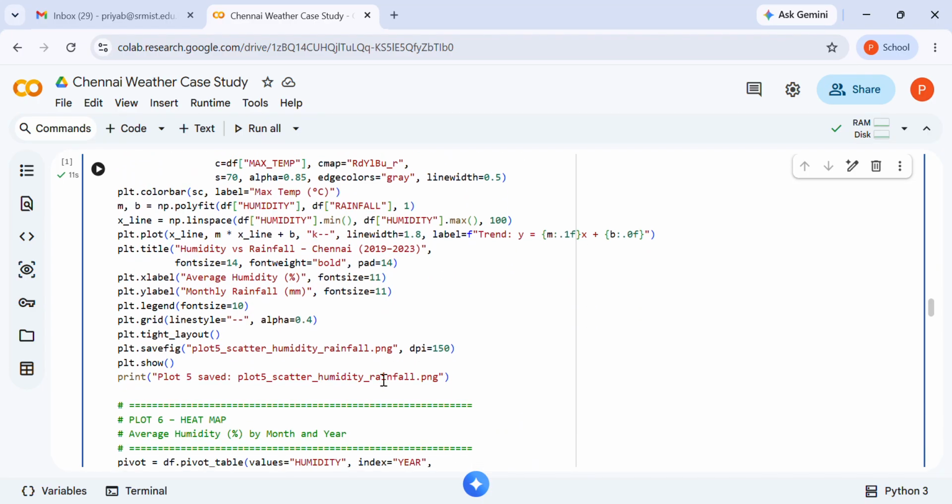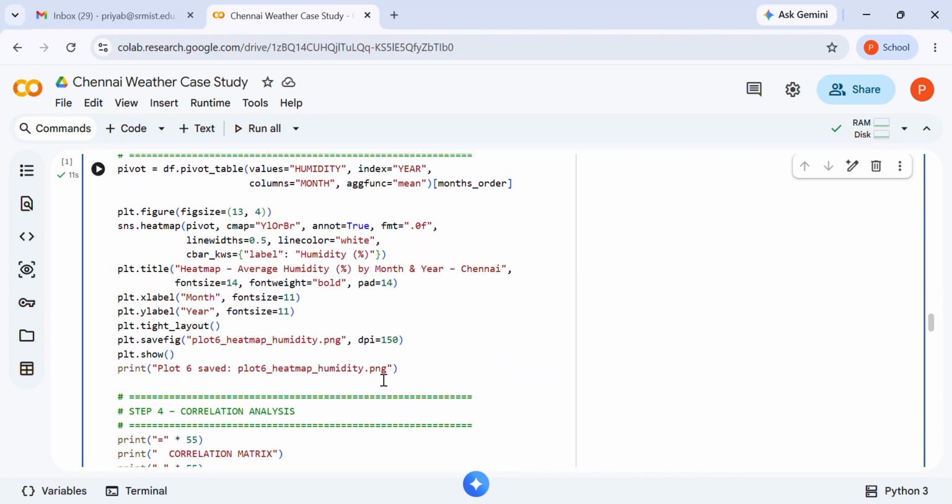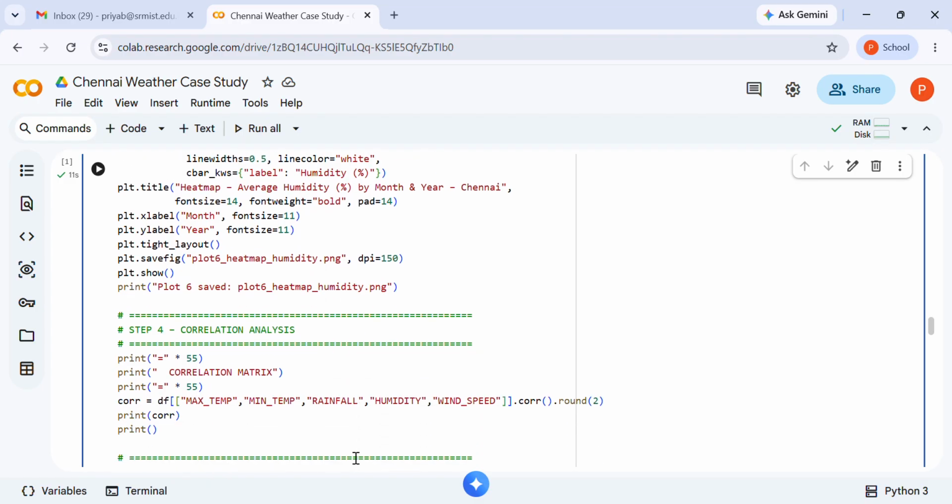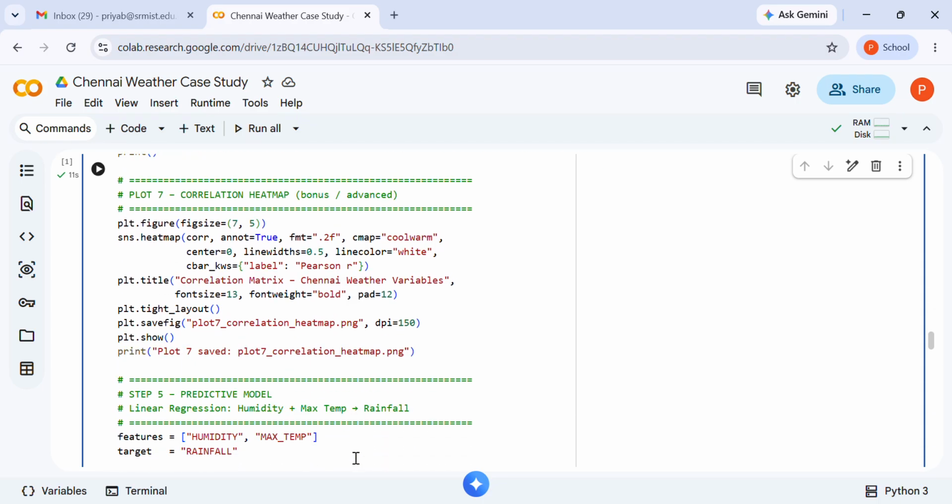Here you can see in step number 3 we do the missing data handling, and in step number 4 we do the correlation analysis, and finally we do the predictive modeling.